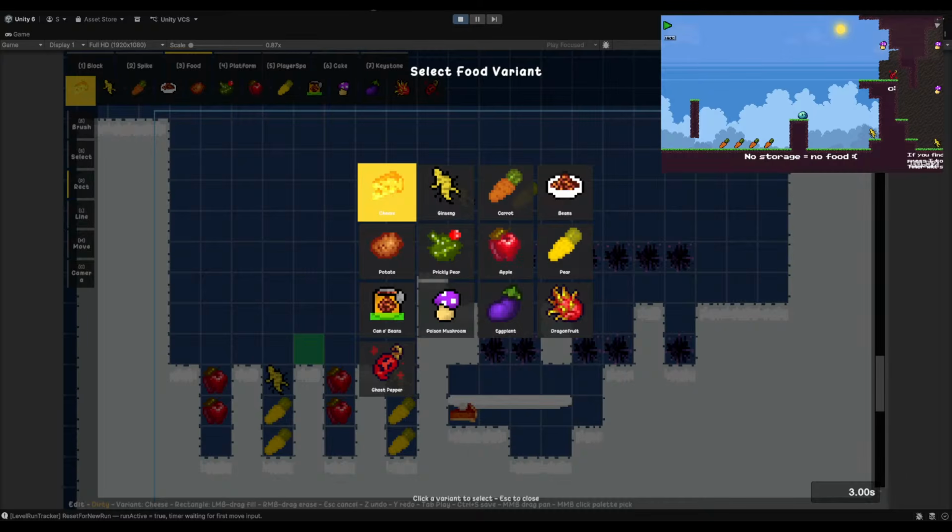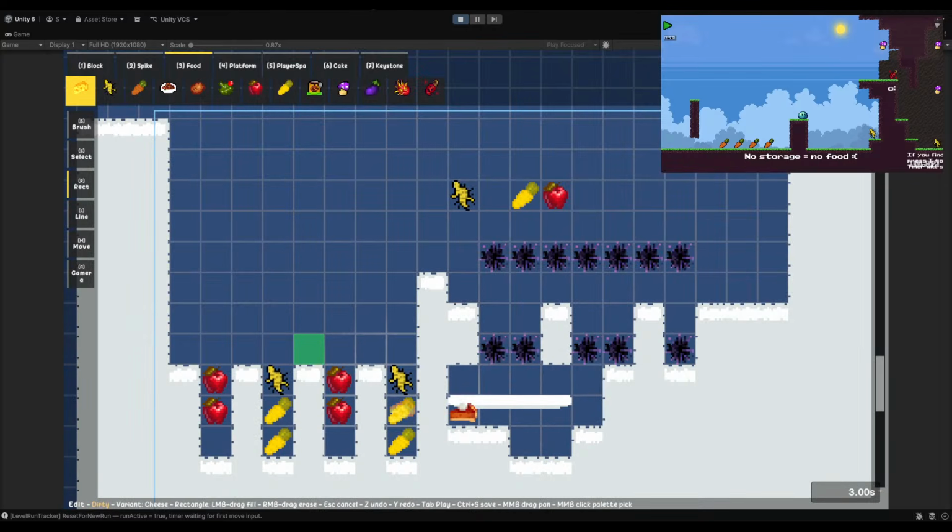Let me note this somewhere. I'm gonna note pear, apple. We already have mushroom. We already have ghost pepper and orange. Actually, that's 5 new foods. That is enough. I just have to think of a level design. Okay, so you know what? That's enough, I think, for this world map.